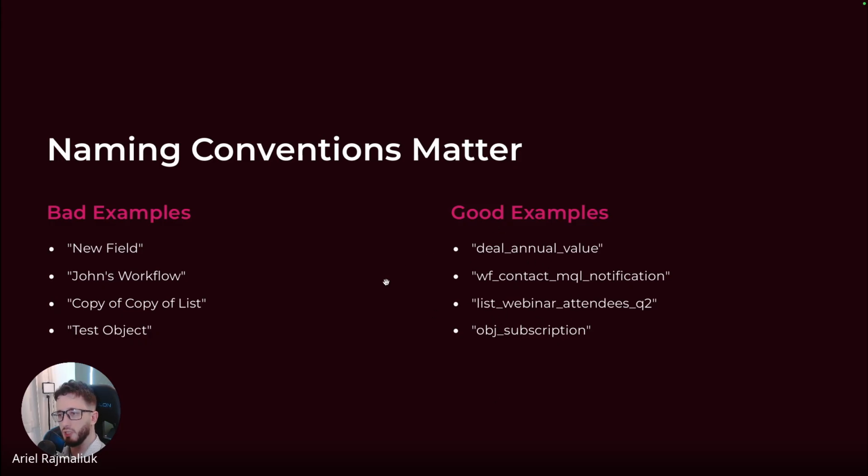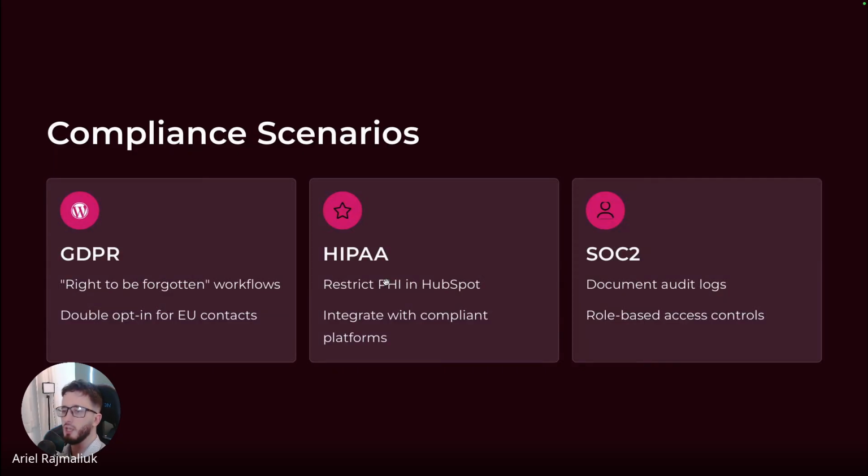Try to work with good compliance: GDPR, HIPAA, and SOC 2. Okay, you will need to try to map them to each of them. If you're working in Europe, you will use GDPR a lot. HIPAA, if you know it, is for healthcare in the US. HubSpot supports all of this. You just need to be careful when you are working with sensitive information. If you need to store social security numbers, there's something called sensitive data in HubSpot that allows you to do that. You just need to know that it is there and start on the right foot from day one and consider this in your diagrams. Okay.